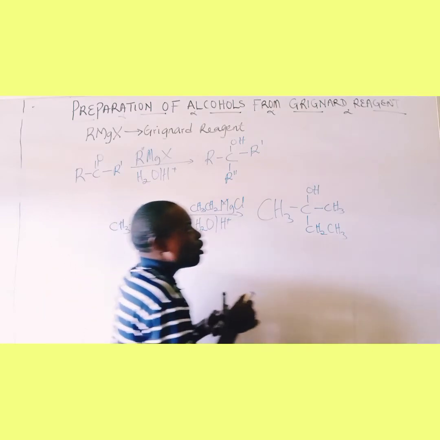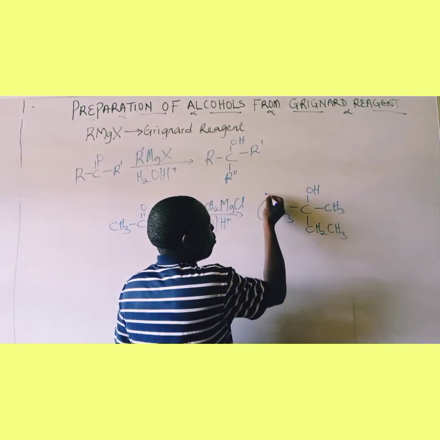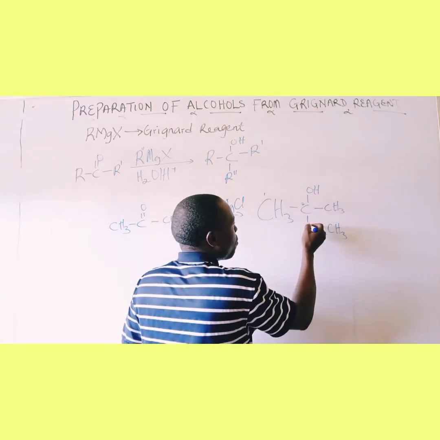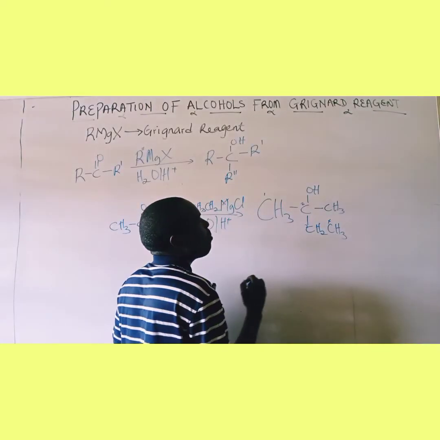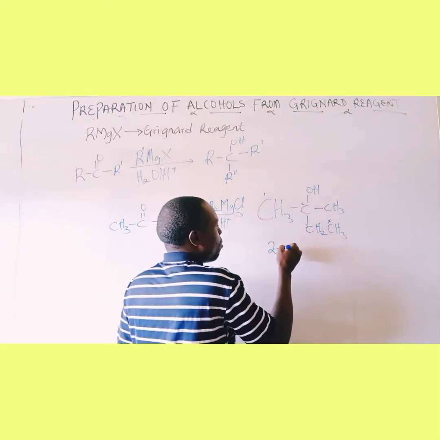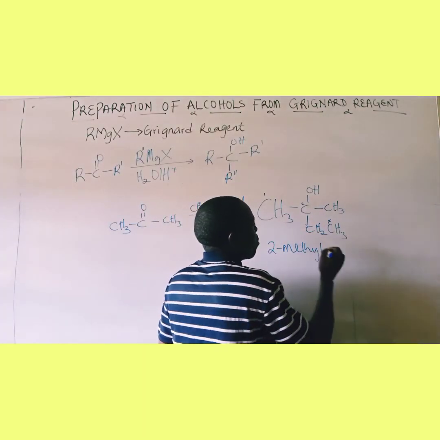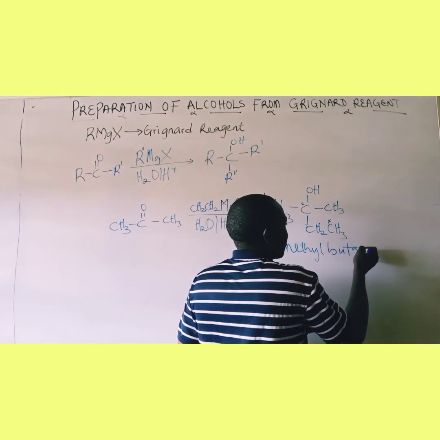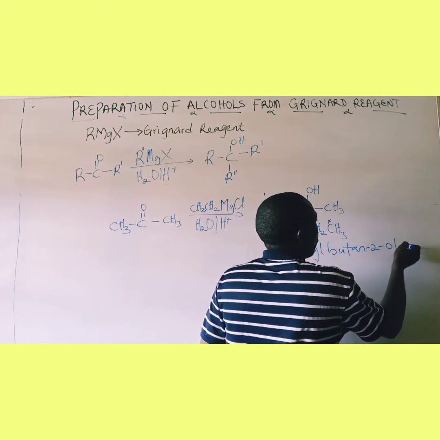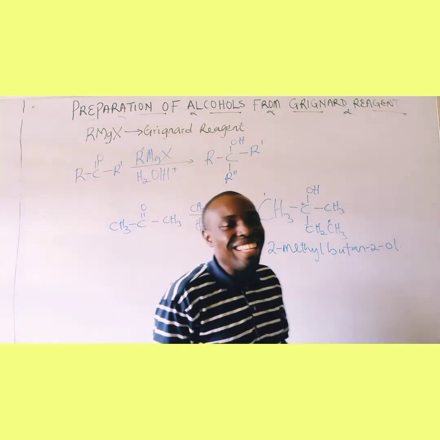Now the nomenclature of this one: numbering from the closest end, 1, 2, 3, 4, the longest chain here. So that becomes 2-methylbutan-2-ol. And this ends the class